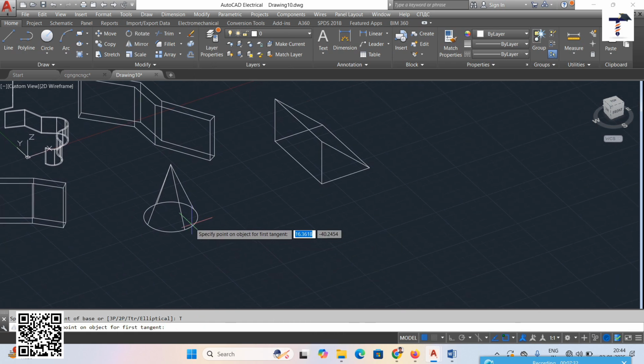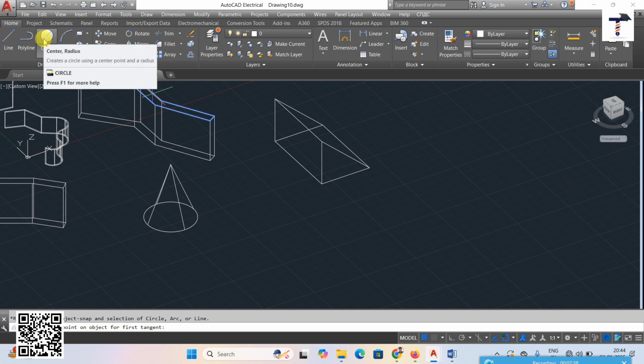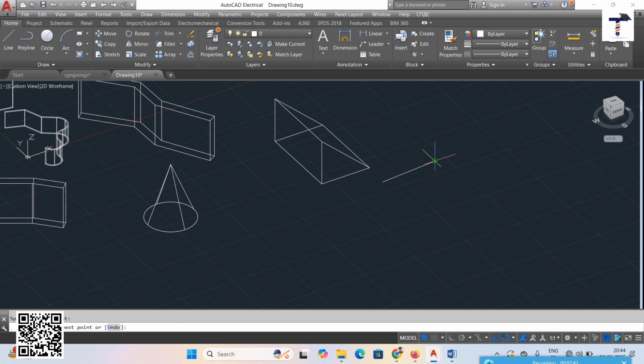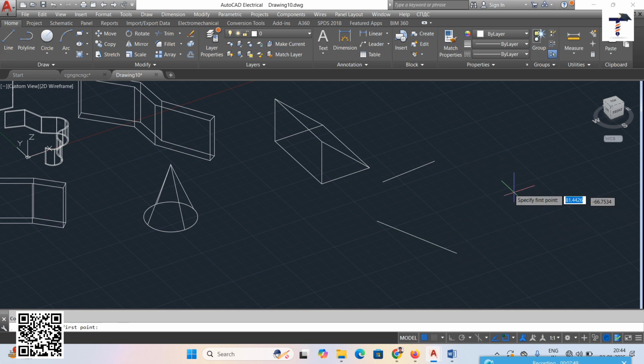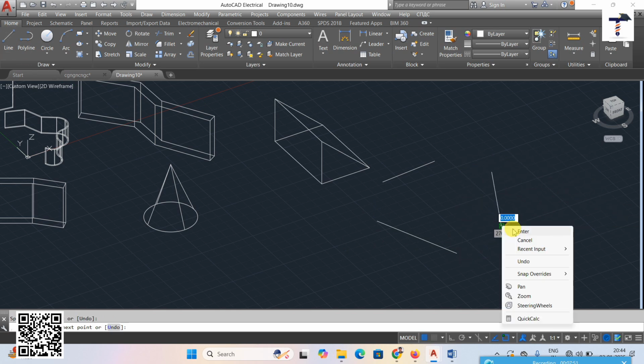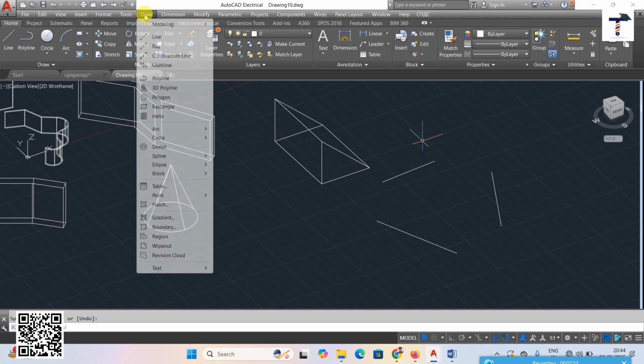Okay, next, the cone, tangent first. Suppose you click here. So three points are required. Okay, three points are required. Suppose you click one line here, and also click another line here, and click another line here. Okay, now go to the